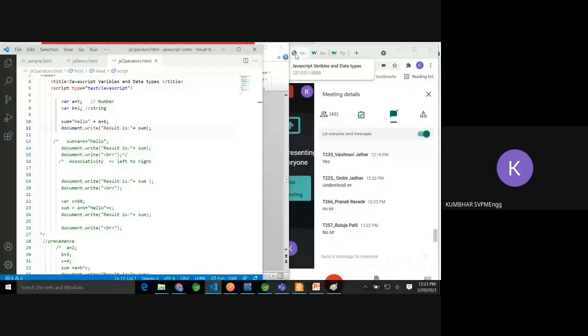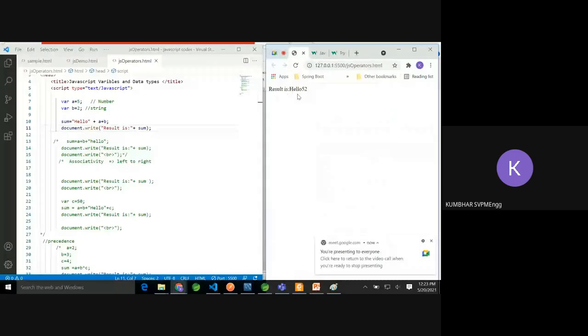Hello plus a plus b. Let's check. You will find it is hello 5 2, because as this is a string, it is considering every variable as a string and just concatenating it.